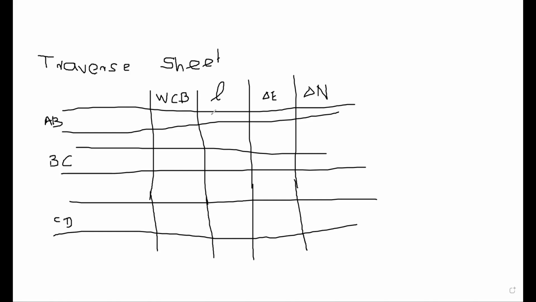It is a line property. So you have lengths AB, BC, CD entered as field measurements, and the first whole circle bearing is a field measurement, and the remaining ones are calculated. I asked you to calculate all these bearings, and also